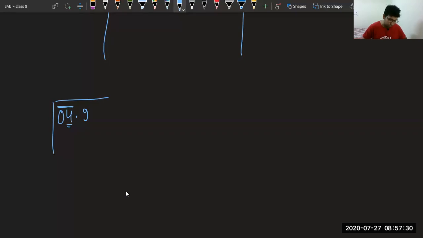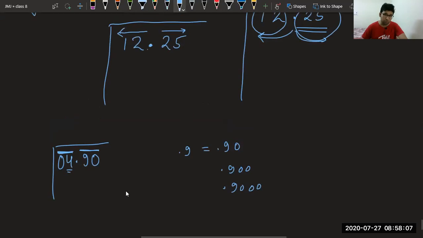After decimal, all of you please tell me, where should we put 0? Before 9 or after 9? After 9, because 0.9 is same as 0.90, it is same as 0.900, it is same as 0.9000. So you can put any number of zeros after the point. Before decimals we form pairs right to left. After decimal we form pairs left to right. That's it. Let's see the question now.